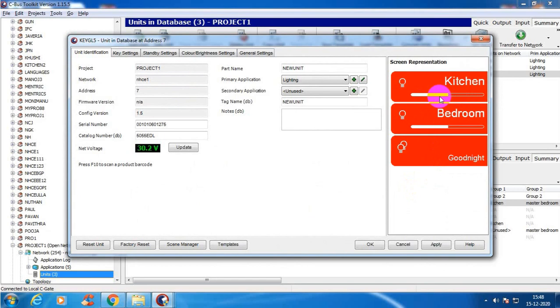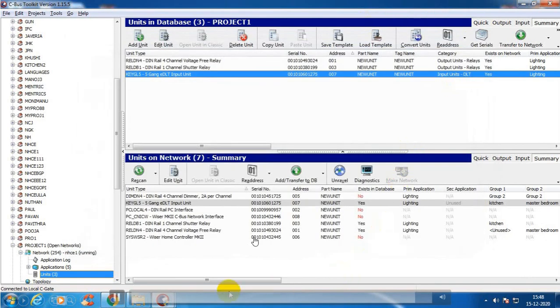So it is available. Scene created. That's all